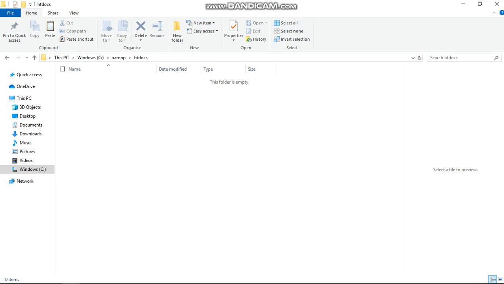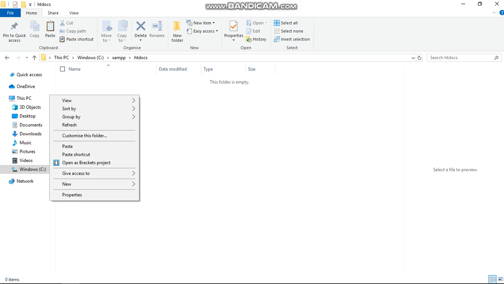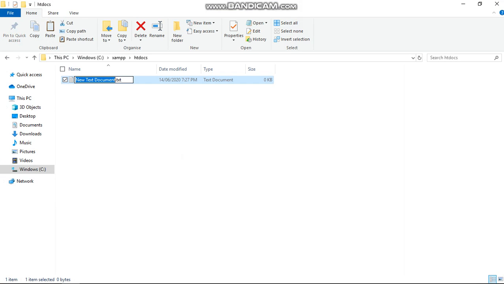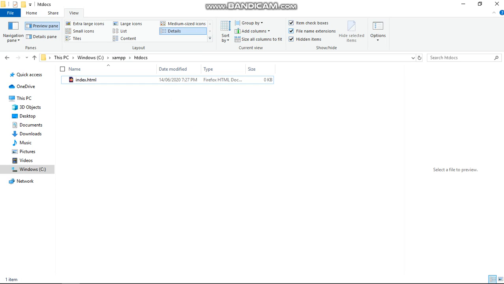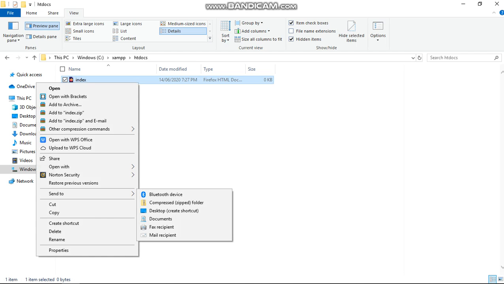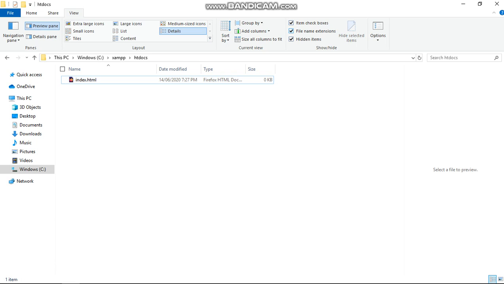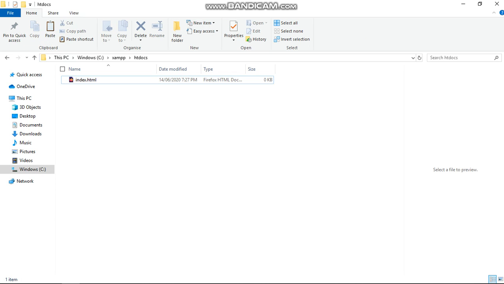So now we're going to start. Create a new file called index. Press Control A. Remove it. Then type index.html. Before you start this, make sure that file name extension is shown. As you can see, as I removed it, the HTML went. And if I try to rename it, I can't change the file extension. So we want it to show the file name extension so we can change it at any time.